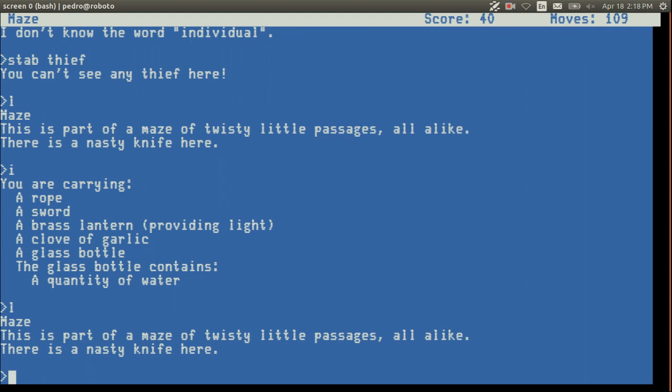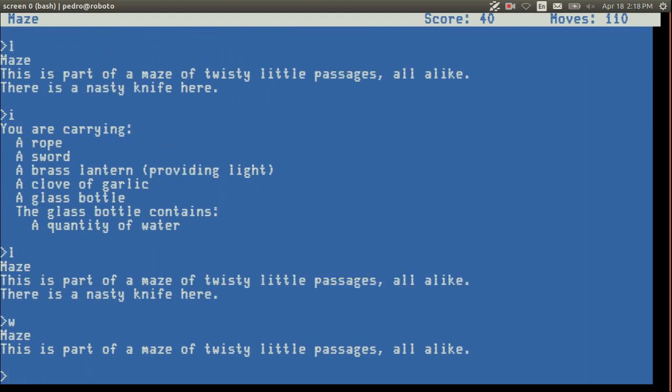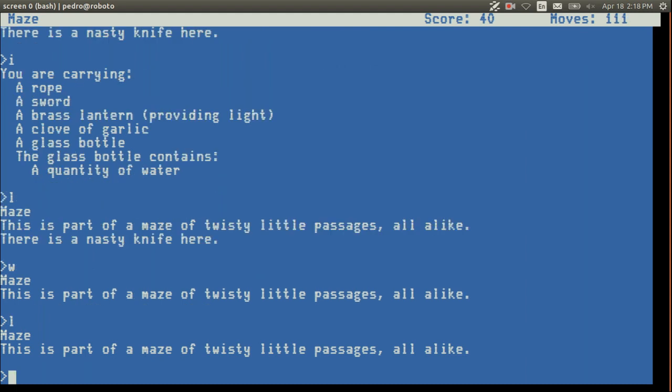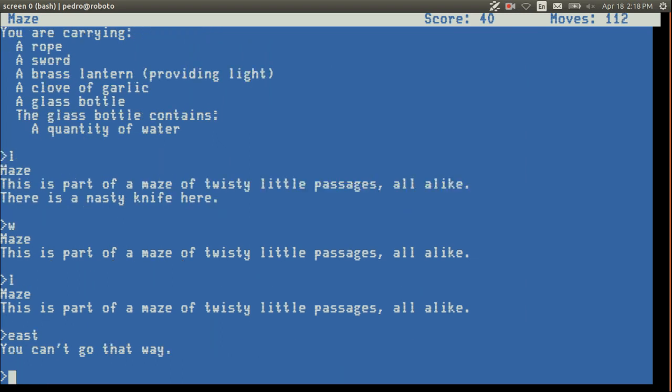Move west or east or any direction. Always west. There's nothing here, obviously. Well, first go back east and check if that knife is still there. So we just lose stuff. You just lost the knife. You can go west from the knife room, but you can't go east back from there.